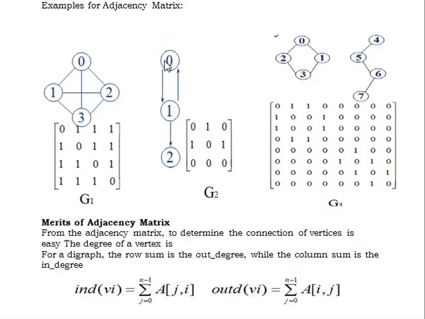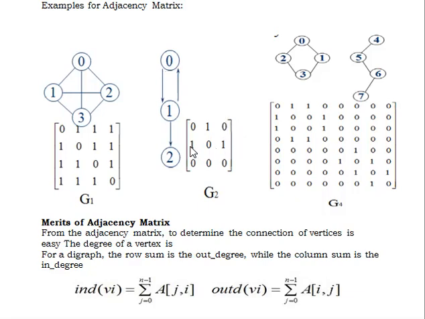So the 0th vertex possibly visits 1, that is 0 to 1, and 1 to 0. So 0, 0 is represented as 0, and 0, 1 is possible to visit the vertex 1. So we represent 1, and 0, 2 the node is not visited. So we represent as 0.